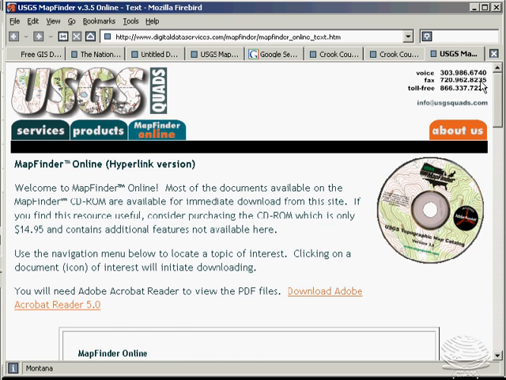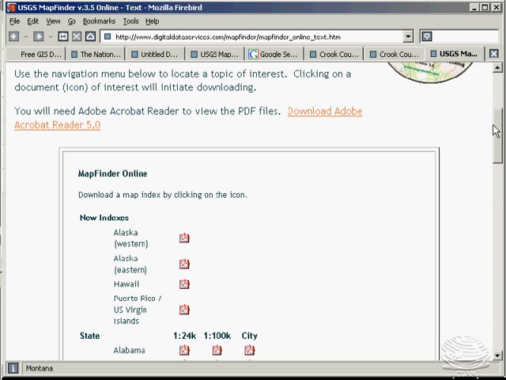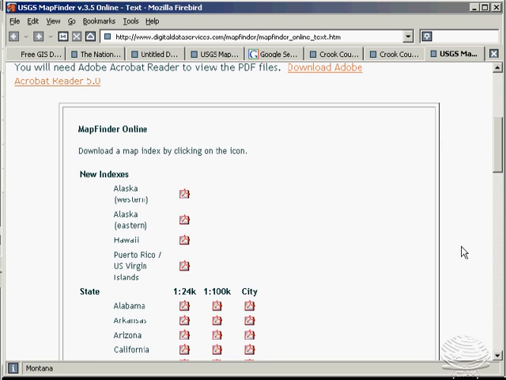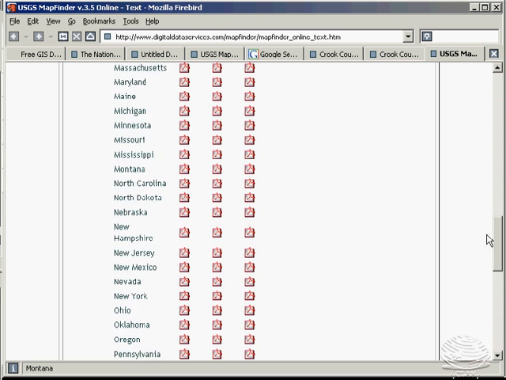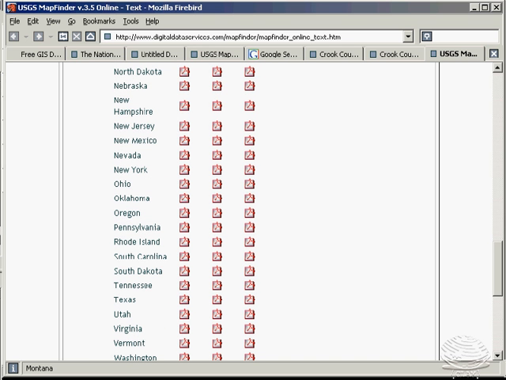There's several sites that break up these quads, but this one here is a great one. You do need Adobe Acrobat Reader for it, and you go down and choose your state,